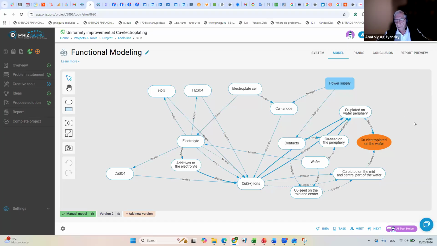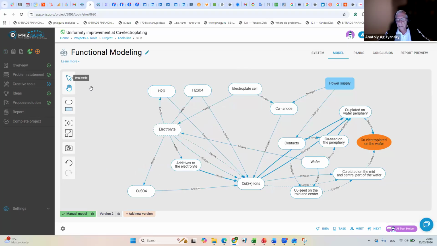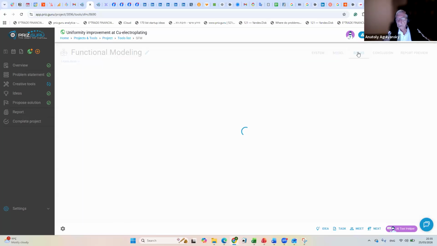In our case, no harmful function. Everything is useful. First of all, when we created this functional model, we learned how our system operates. And we learned a lot. The second, we can go to the ranking,